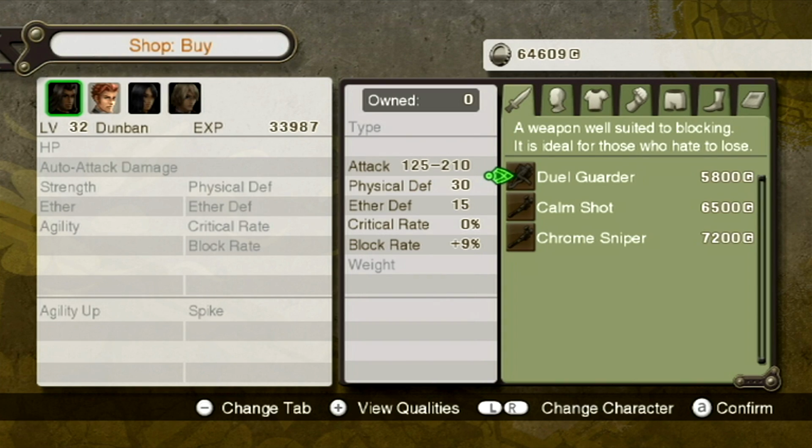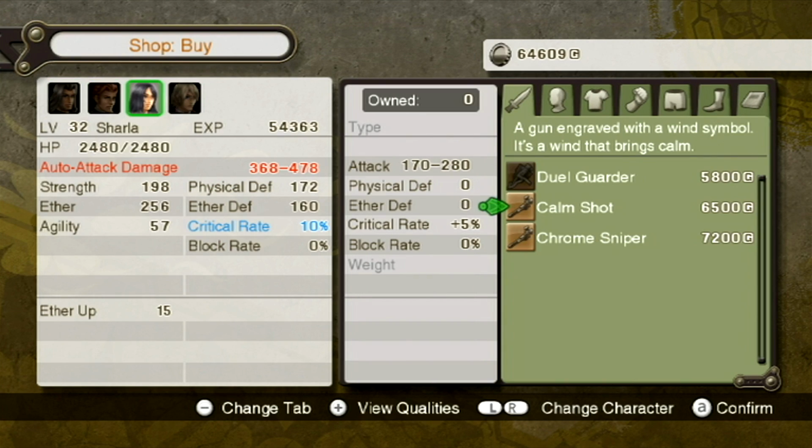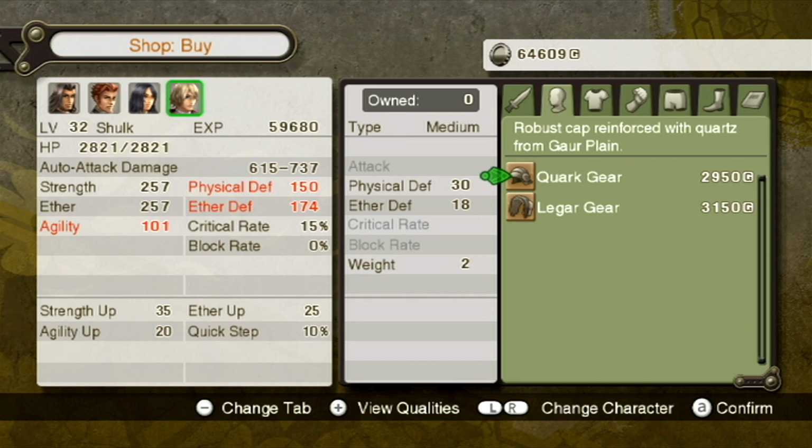What are you selling? He has, admittedly, not all that great equipment. I mean, this would be better defensively for Charla, I suppose, but I do kind of like Gato's Rival having all those different slots on it. Everything else is just kind of...